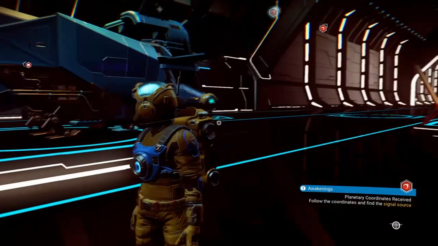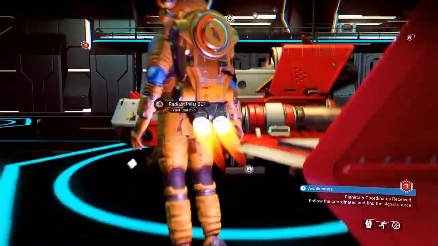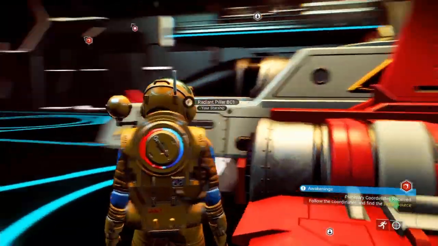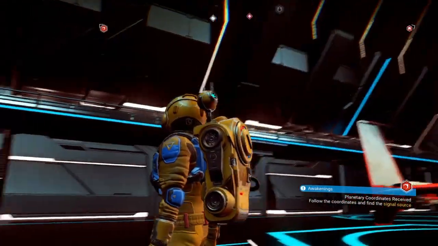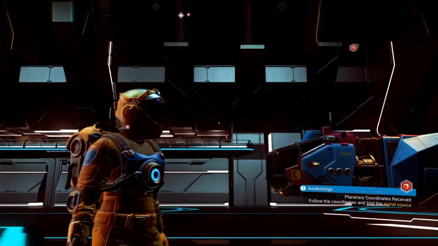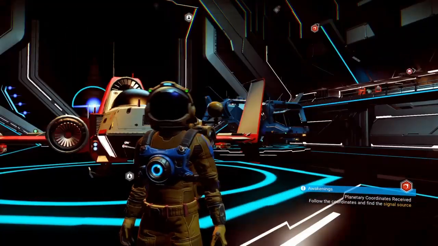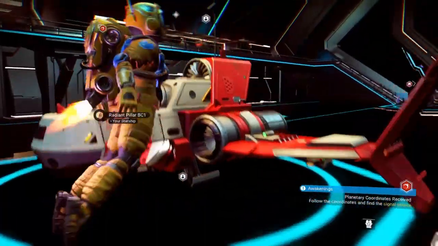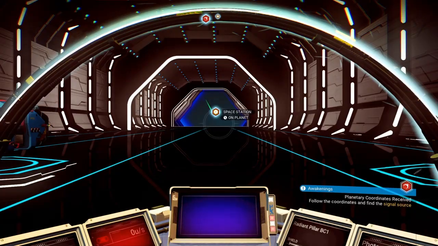So what we're going to do now is we're going to leave the space station. I don't think there's anything we need to do, but basically that side there is for buying your upgrades, and that side there is for doing missions basically, and your teleport and everything. Teleport you'll use quite a lot later on, but here we go. I'm gonna fly out,